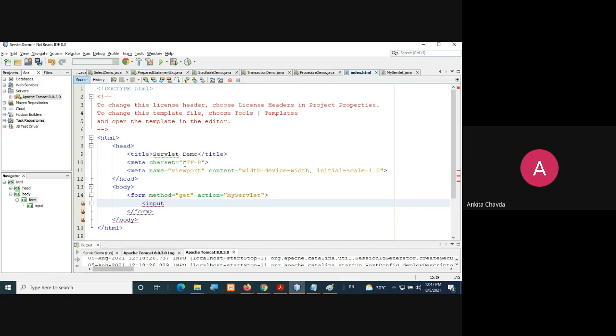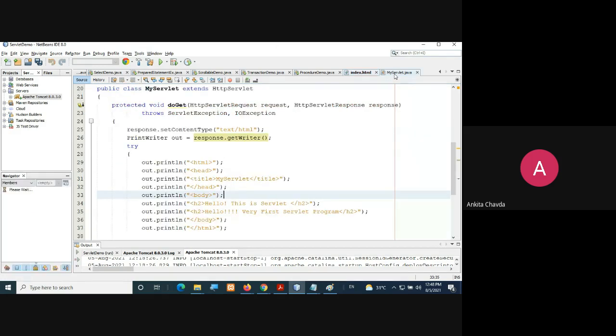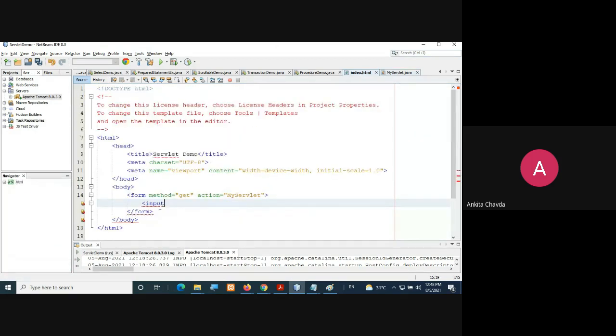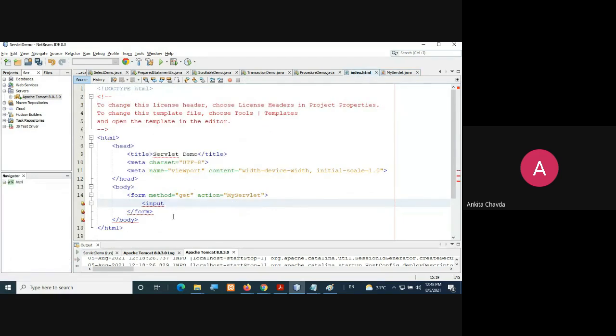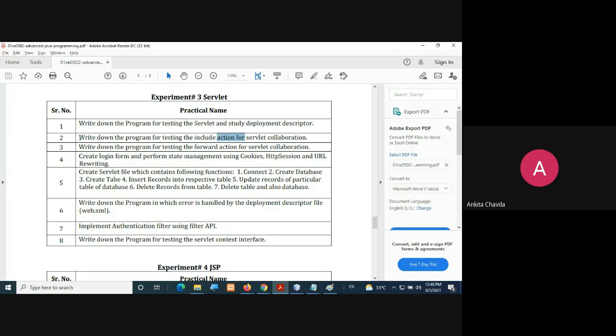If your first servlet program is running, then and only then next time we will see index.html or index.jsp with this servlet, because from here we will do something and it will be redirected to your servlet, and then the servlet will prepare the response and you will get the response over here. So based on that we will make the programs. Just 2 programs we will see next time, maybe 2 or 3. Let's see.